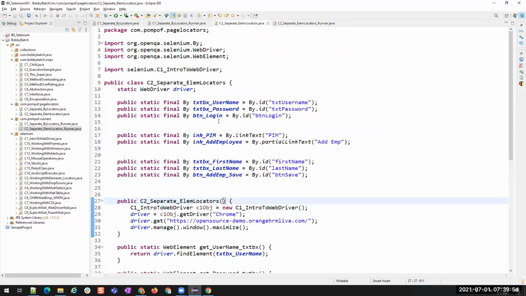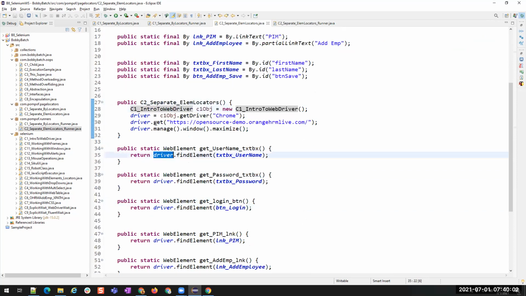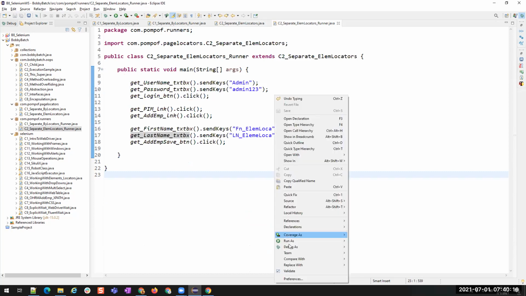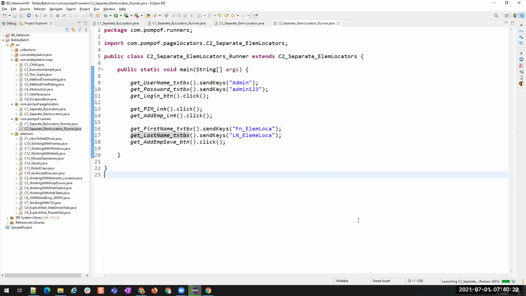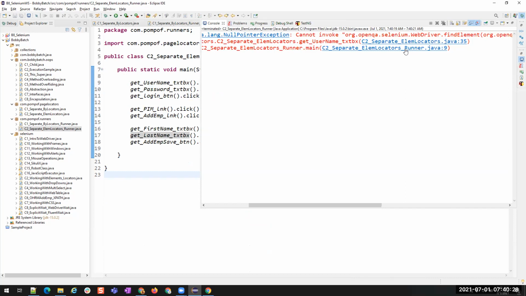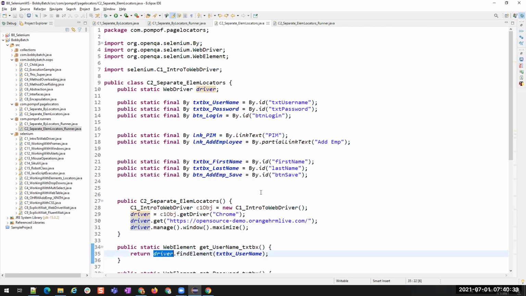Something wrong. This is a driver. This driver.